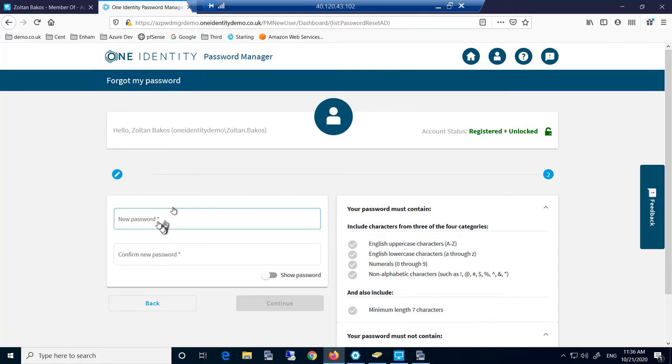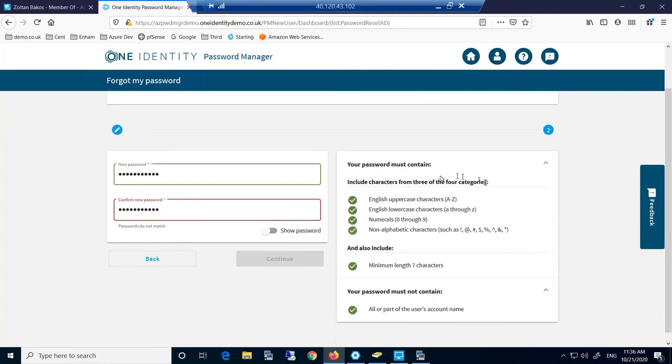So we can see the password interface here, and it's requesting for Zoltan to enter in a new password. And the additional benefit here is we can see that based on our password policy, we're actually informing the user. I didn't get it right. Let's just do that again. So we're informing the user that the password is matching the password policy that's been set by the organization. So again, it's never a guess mark, do we need to do uppercase or lowercase? It's visually providing that level of information to our users. So again, really powerful there.